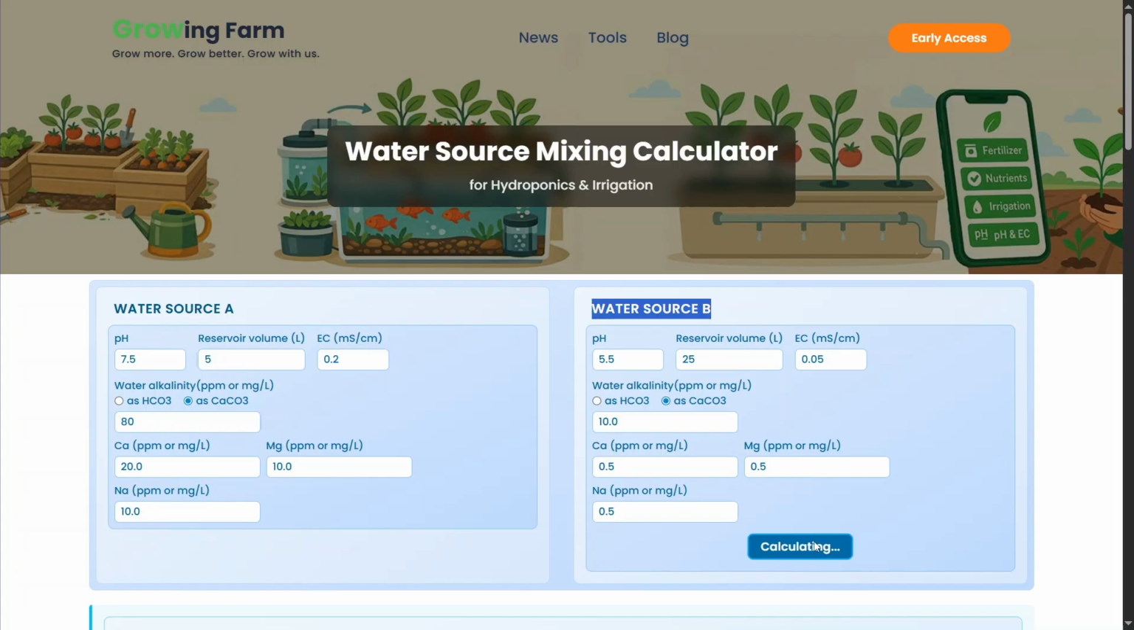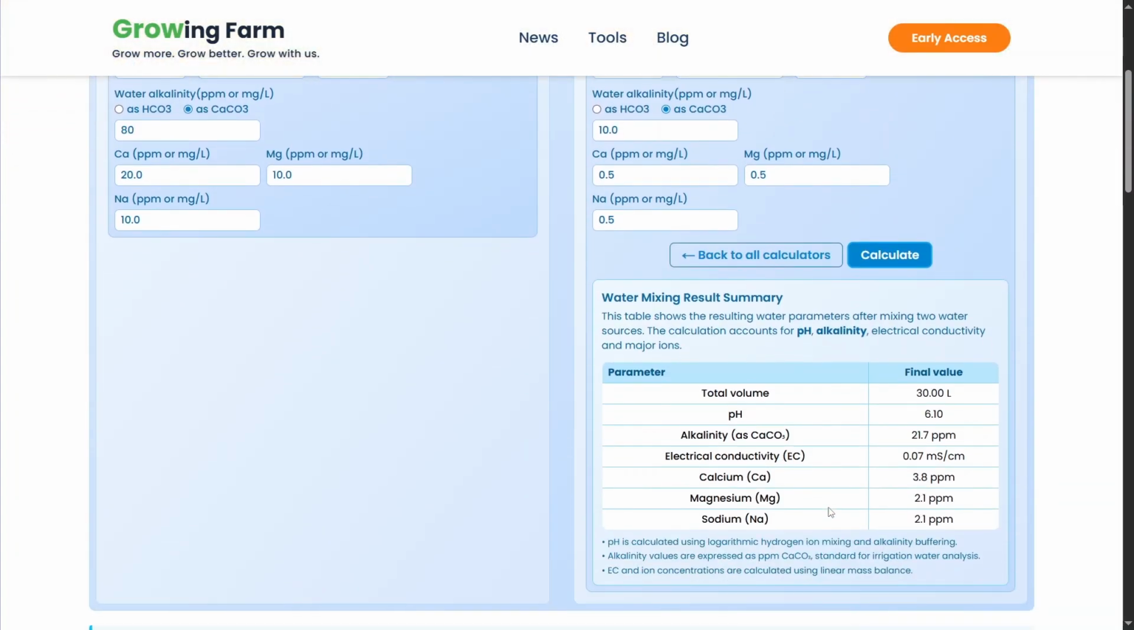The calculator will estimate the resulting water composition after mixing the two sources, including total volume, pH, alkalinity, EC, and ion concentrations. A key feature of this calculator is that the pH result is not calculated as a simple average. Instead, the model takes alkalinity into account, since alkalinity directly influences how pH behaves when different waters are mixed. This allows the calculator to simulate buffering effects and provide results that are closer to what you would observe in